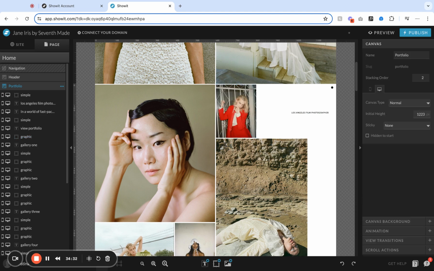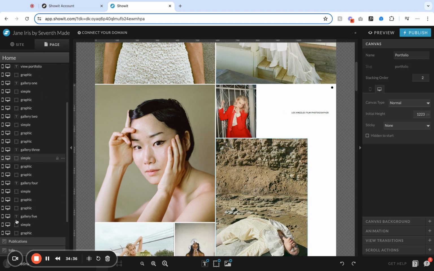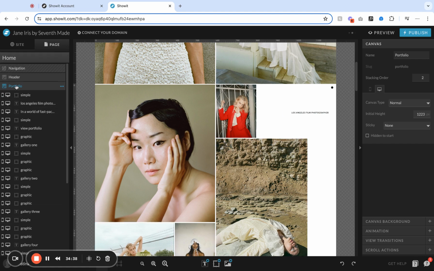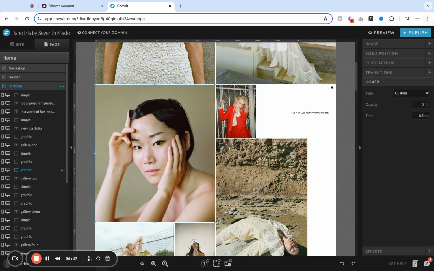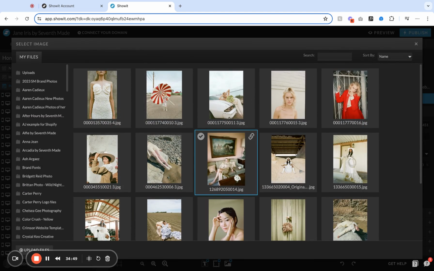And that's the same process for all of these. So if you're looking over here in this canvas, these are all of the elements in this canvas. And so we would select, even if I grab that, I know then all of these are grouped together. So I can click just this top one. I can switch this image,